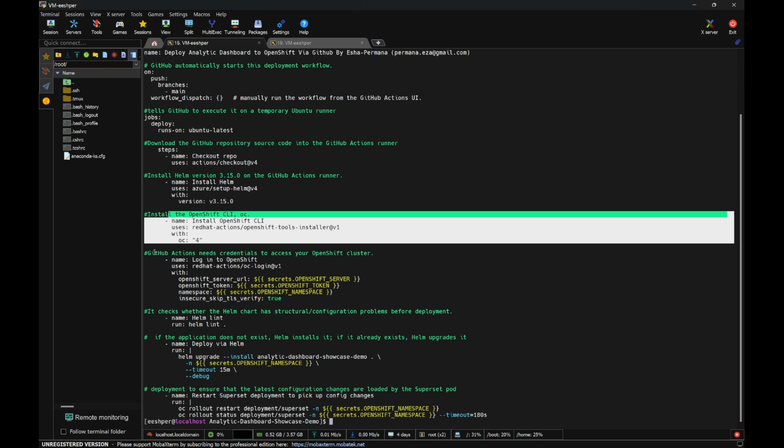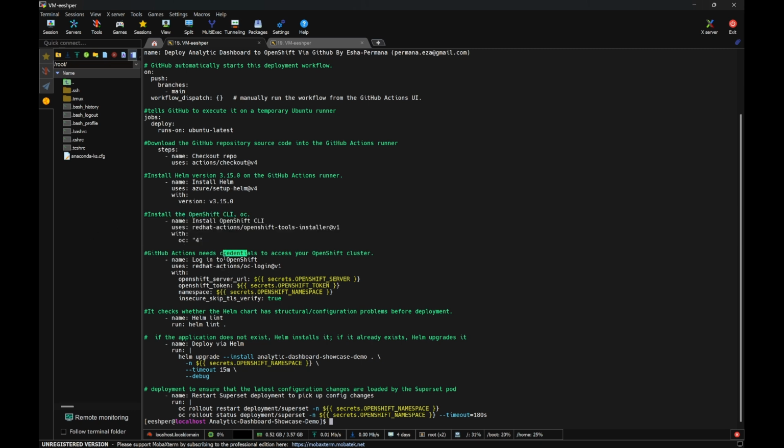Next we will use credentials. You need to first create your credentials for accessing your OpenShift cluster. Then the helm lint command will check whether the Helm chart has structural or configuration problems before deployment, so we can detect them earlier. Then this is the main command for the onboarding process.